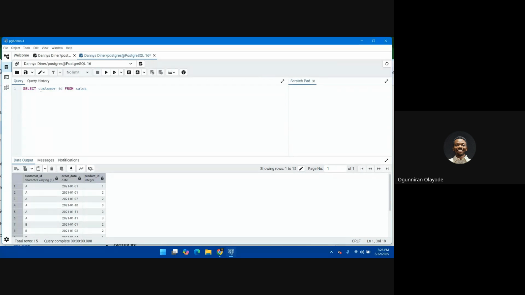Alias is you renaming your table. So I say AS, that is, what name do I want to give to this column? AS customer. That's what alias means. That is what you return. The output table should be what? You rename it as what? As customer. So if I say SELECT customer_ID AS customer, that is, rename this column to customer and